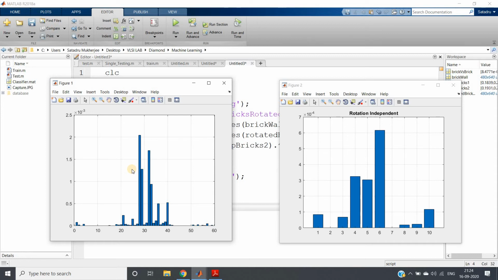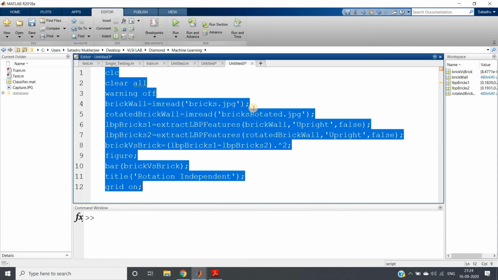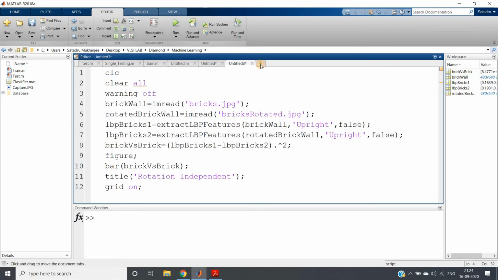Now let me show you the difference between the extracted features of one brick wall texture and some other image, which is not a rotated brick wall, obviously. So I will copy the same code and paste it in another editor window, and here instead of the rotated brick wall, I am going to take one carpet image, which is again present in the MATLAB database. You just need to write carpet.